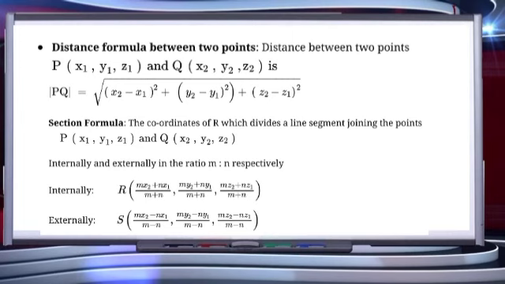Next formula that we are going to use is the section formula. So in case of section formula, again suppose the points are P and Q, which can be divided internally in some ratio and externally can be divided. So if they are internally divided in some ratio, suppose m is to n, then that point's coordinate is given by (mx2 plus nx1) over (m plus n). Similarly for the y, similar for the z. And in case of external, the rest of all the things are similar, only plus sign is replaced by the minus sign.